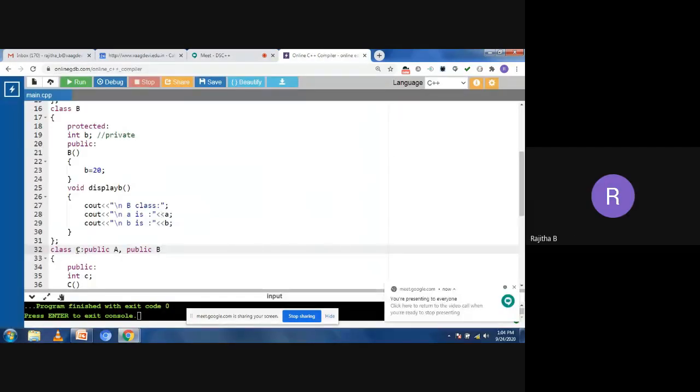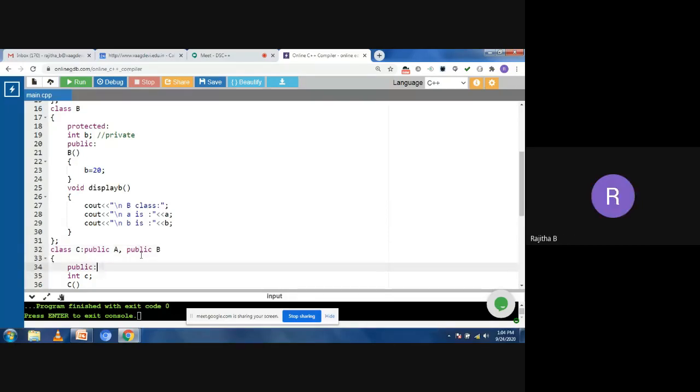Now you can see here, this is the syntax to write multiple inheritance. I am deriving class C from class A as well as class B here. If you want to take one more class here, take the comma operator, then the access specifier, and then the class. Suppose it is some X class. Like that you can take multiple inheritance here. So take the access specifier, mention the class name, comma, followed by the next class's access specifier and class name.